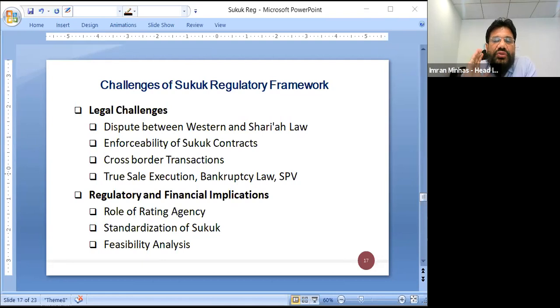No independent Sukuk rating has yet been formed for Islamic Sukuk. In this regard, since the very essence of the Sukuk is project financing backed by real assets, the rating agency should shift. I mean, if it is backed by the real asset, they should shift the paradigm of the Sukuk rating.